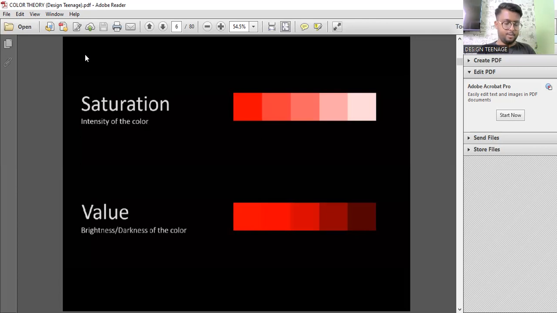Let's see what happens when we increase the value. Okay, don't do this. This is just for demonstration purpose. See, if I put the pen over here, and if I show you side by side these two colors, both are yellowish. One is a bit more dark, another one is a bit more light. What happens? Impurities are coming inside the color. There are some sort of impurities that are getting inside that particular color, hence making it look darker or brighter. This is known as the value of the color.